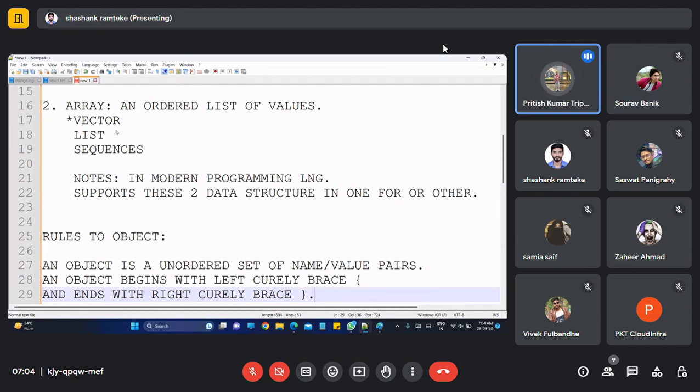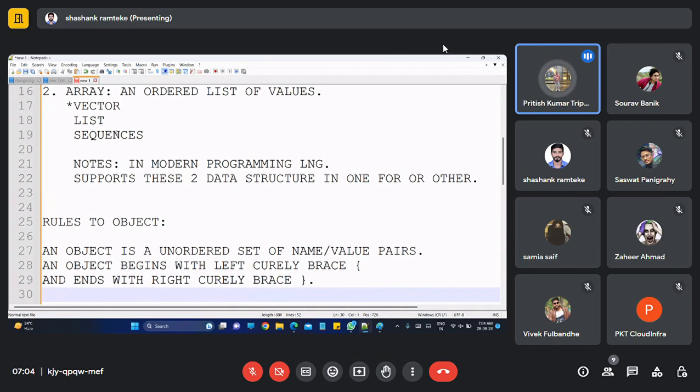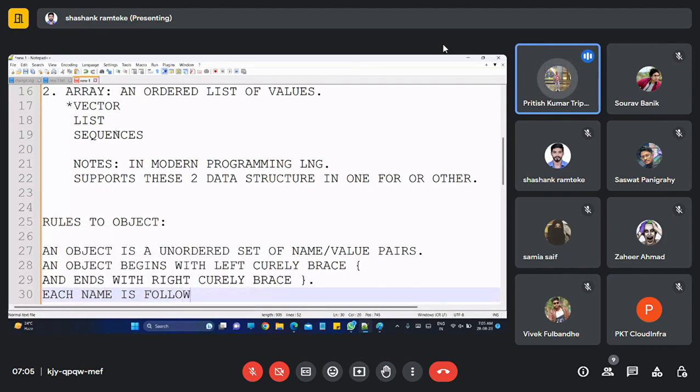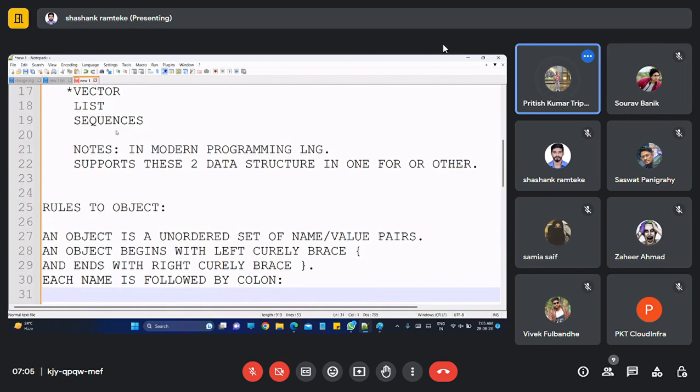Now the next point, which is very important: each name is followed by a colon. The symbol of colon is this. Most of the people I have seen don't know the colon symbol.